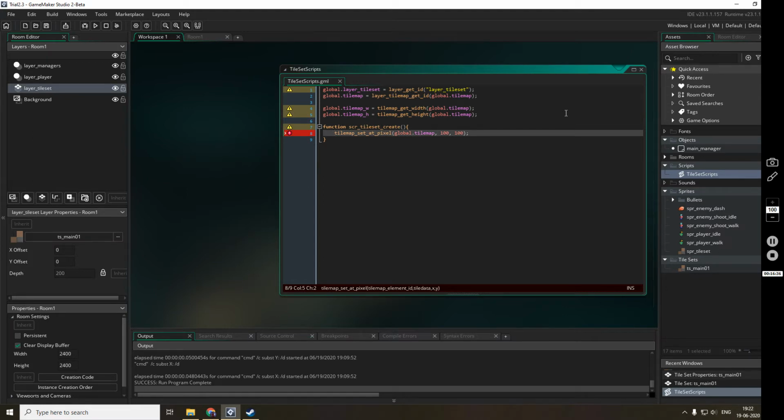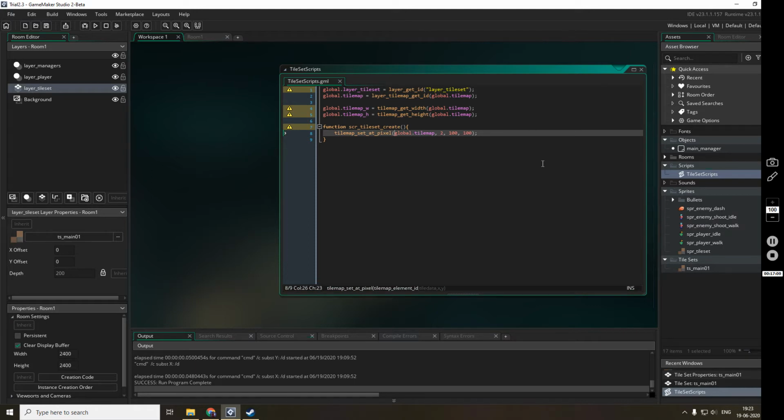Now this is just test code. Set at 100, setting at element id tile data. I think here I have to give the index, so I'll give it 2. 2 is the wall tile.